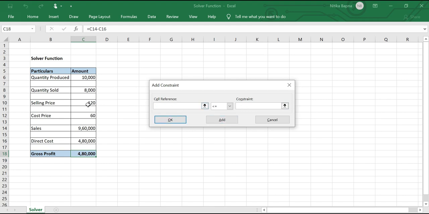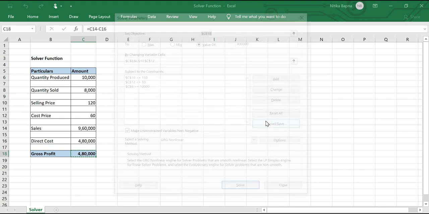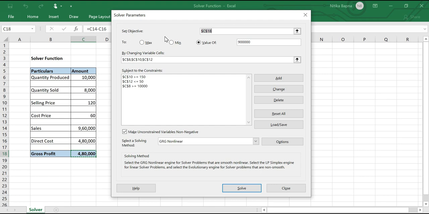Then I'm selecting the selling price constraint, greater than or equal to 150. Add. Then the cost price. Of course, we will always want cost price to be less, so it's less than or equal to 50. Add. Now I have selected three parameters and wanted to add three, so I'll do cancel so that the solver dialog box will appear.